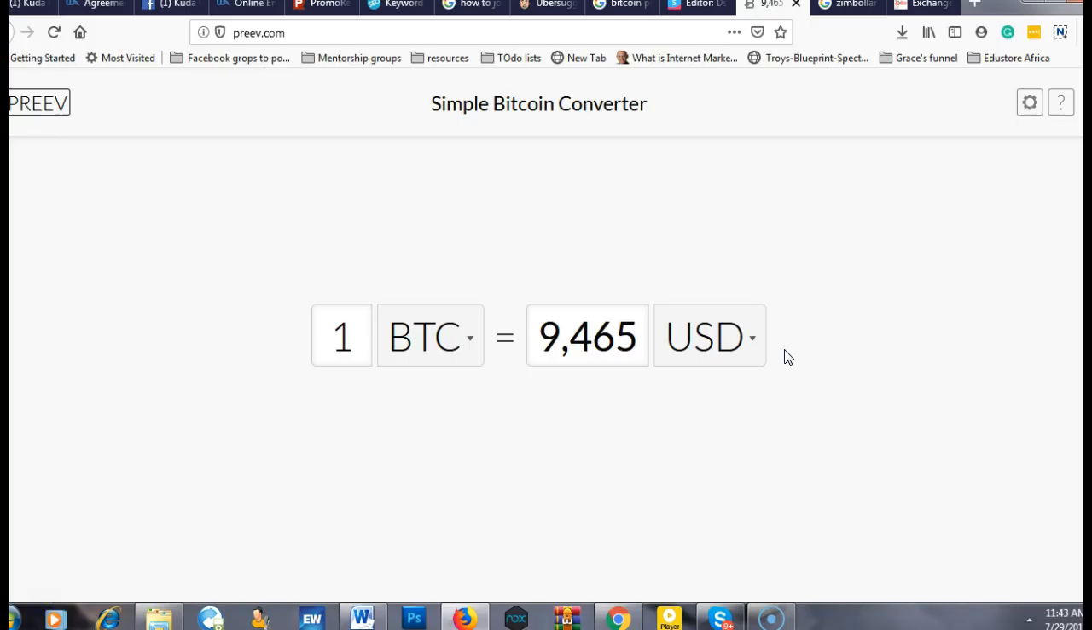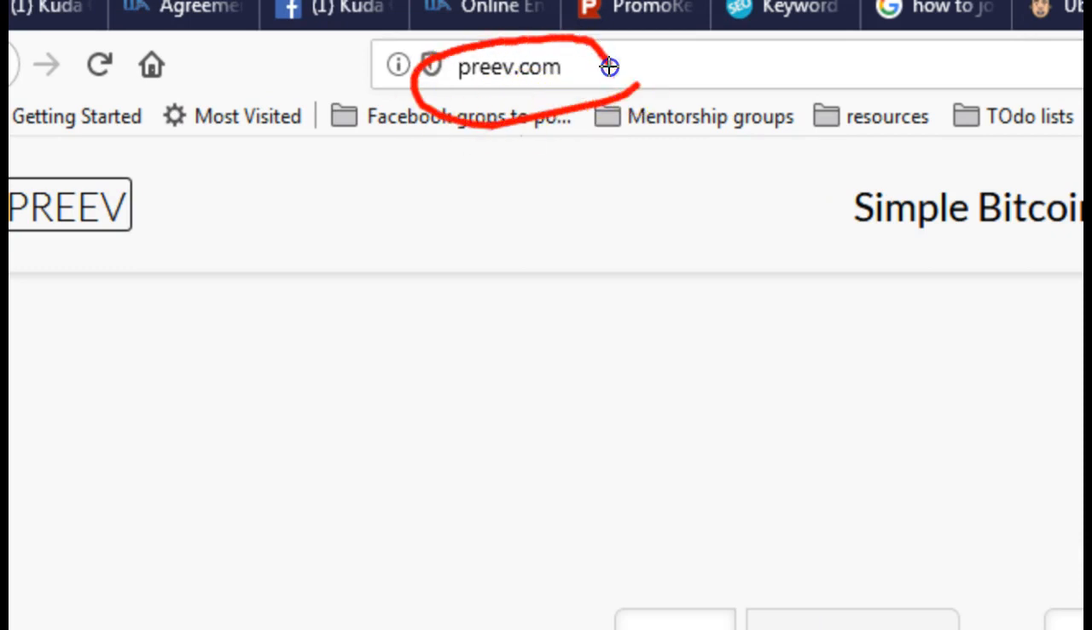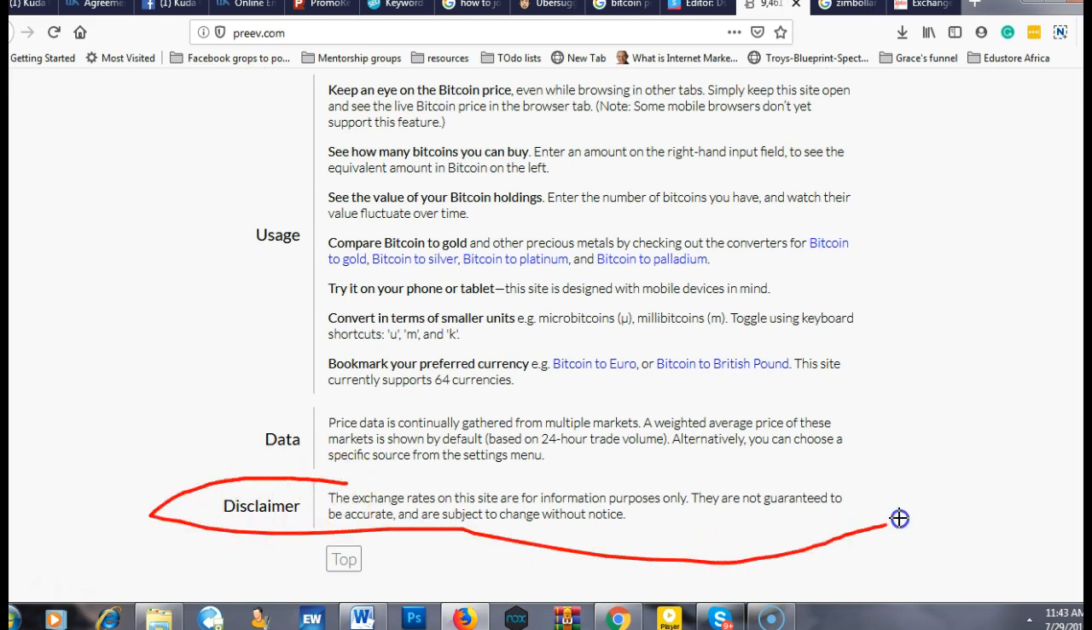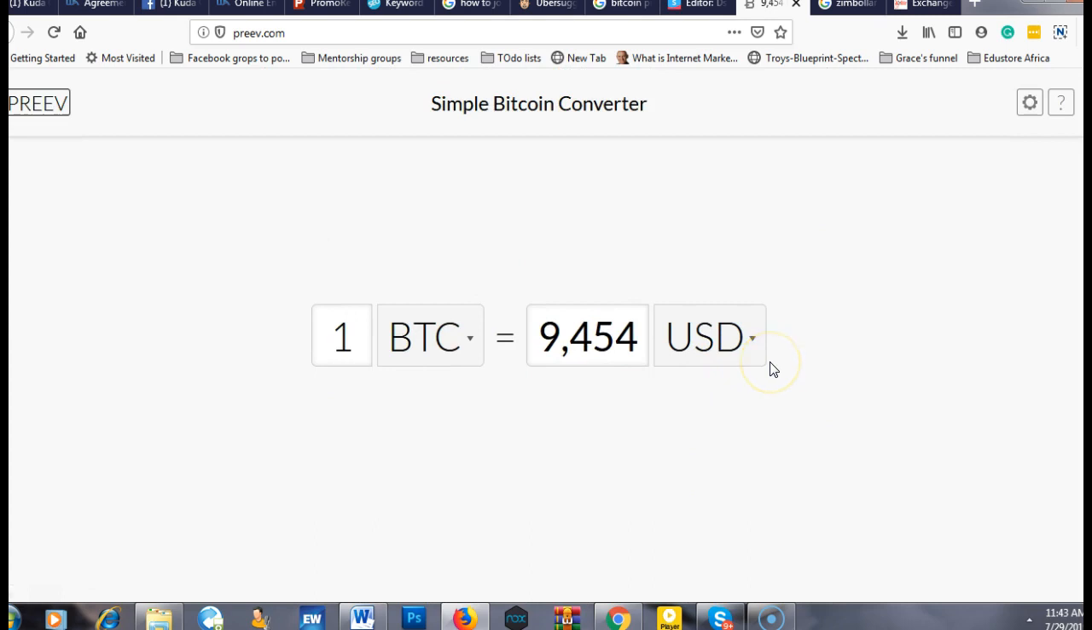The first website that I personally use is called prev.com, and you can actually Google that. I just want to take note that however you use this website, you just need to read the disclaimer. With that being said, what you're looking at here is the price for Bitcoin in US dollars. So one Bitcoin is equivalent to